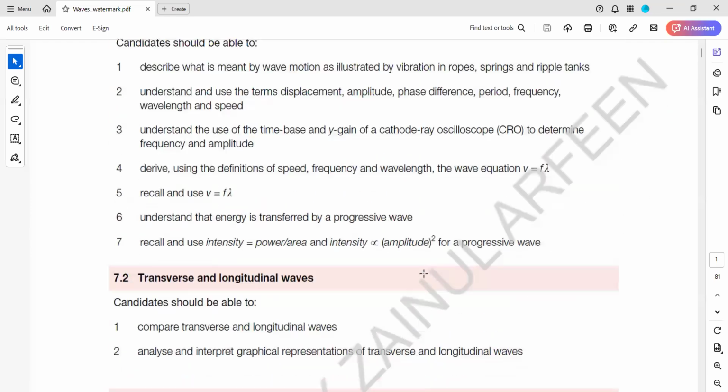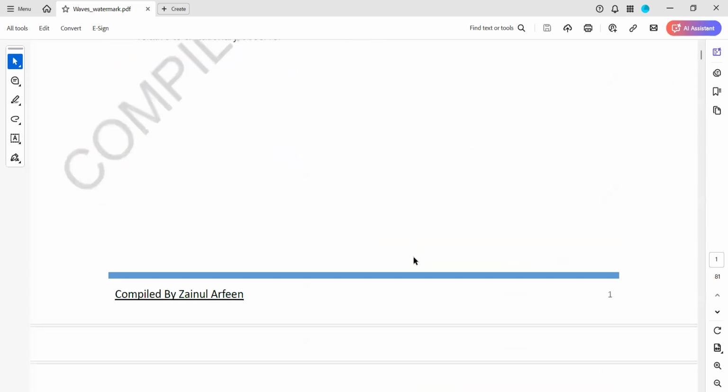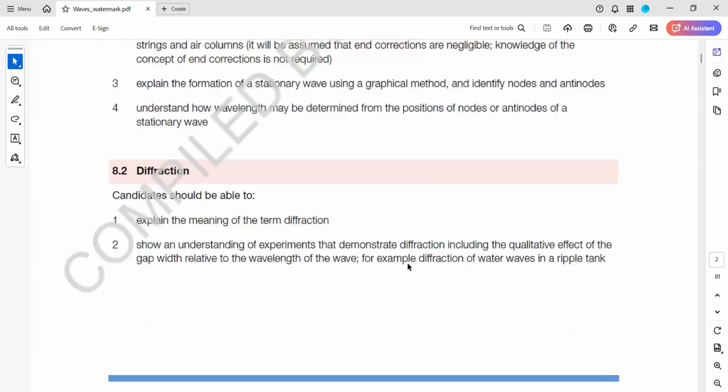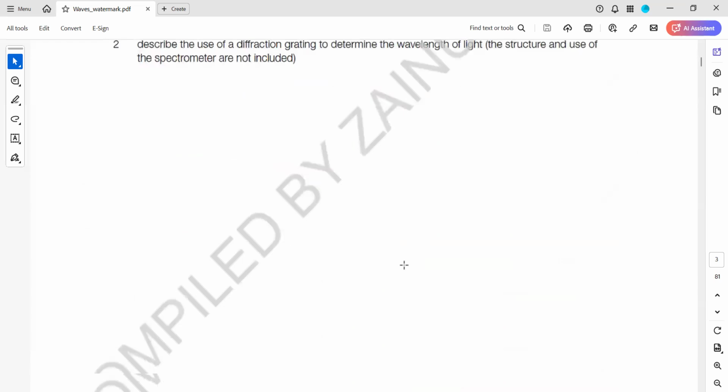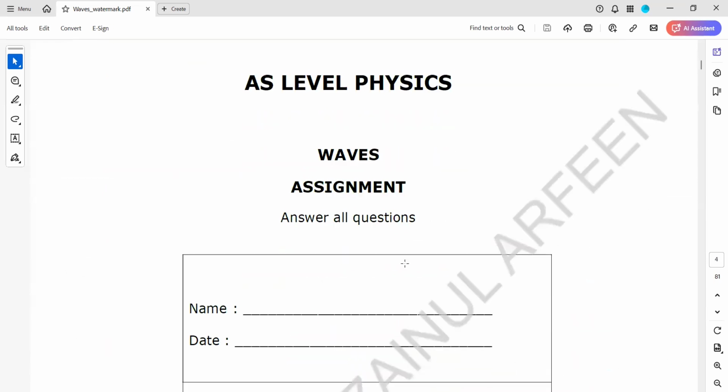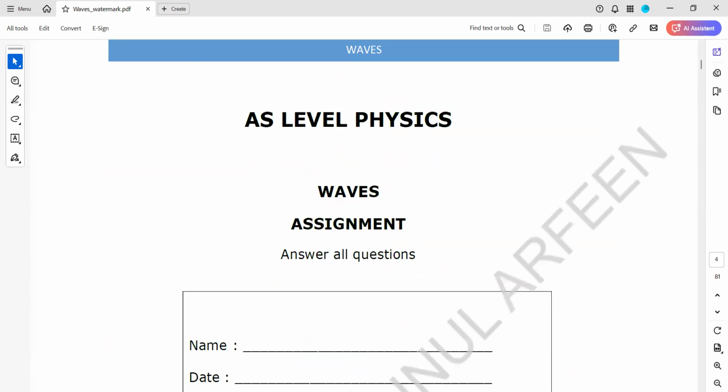So this exercise is related to waves. The learning objectives are there. The whole exercise has questions related to waves, interference, and the formation of standing waves. So in the first question,